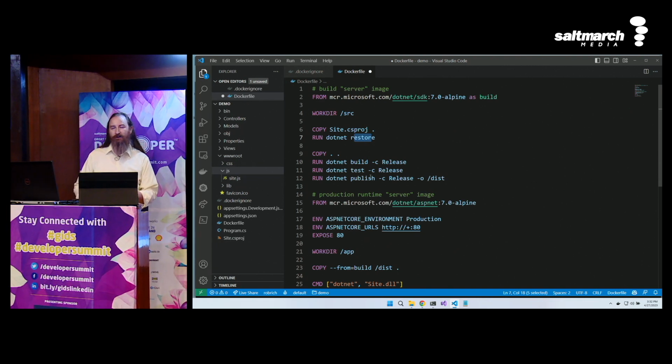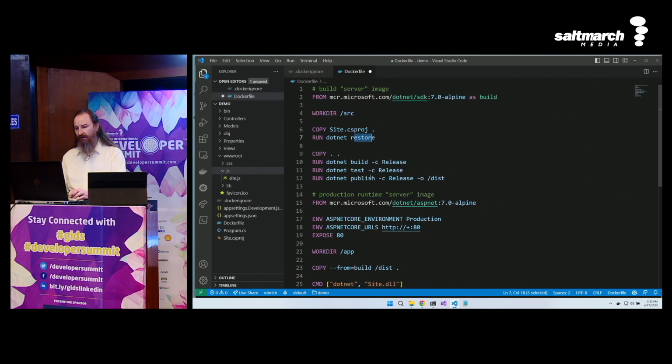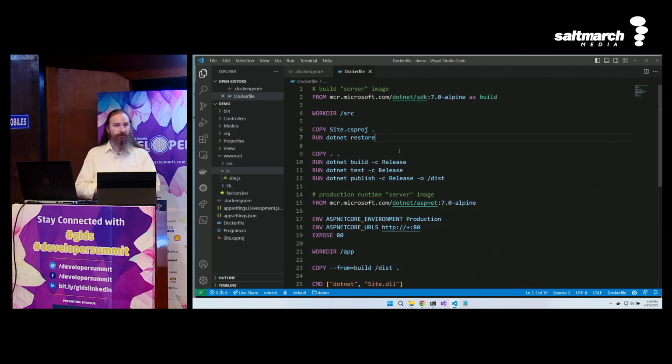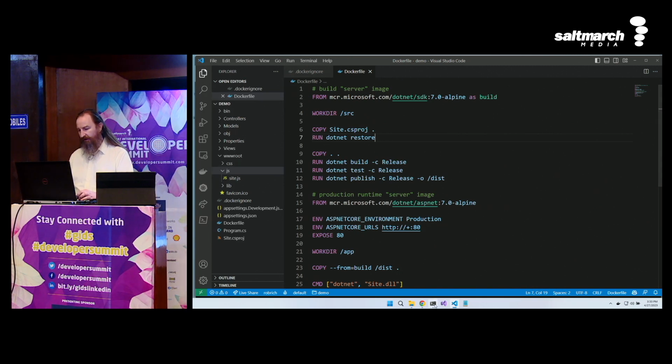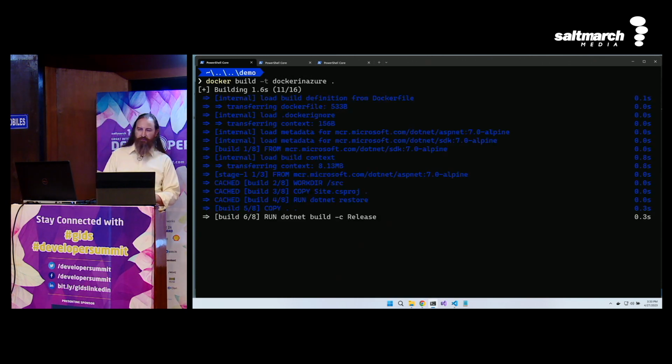We're able to use Docker caching to make our subsequent builds faster if we choose to use cached packages. So here's our Dockerfile. Now we'll come to the command line and we'll say docker build. I'll tag this as docker-in-azure. And now we do a build process to get our website into this image.